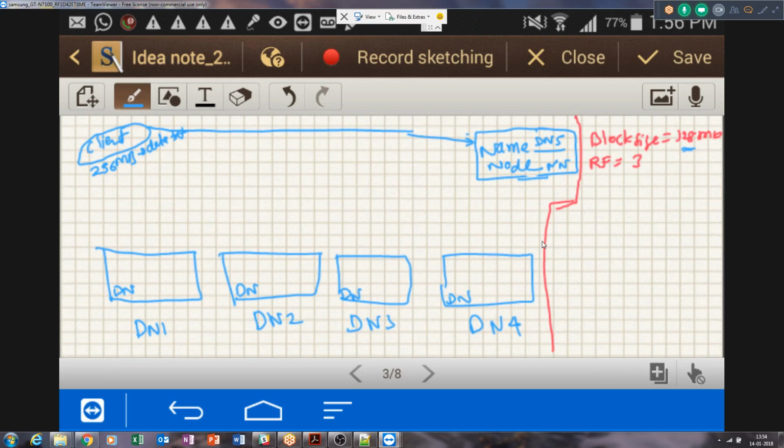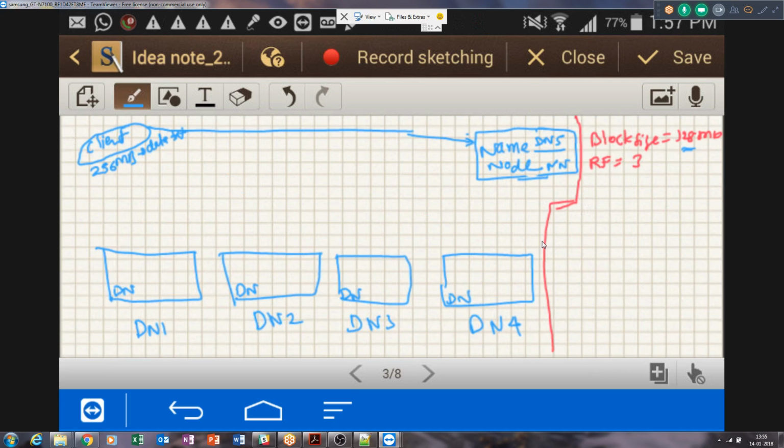So the client will first communicate. That is the Hadoop client, which can understand the language in which the name node gives the response. The Hadoop client will talk to the name node first, and there will be a kind of handshake between these two, client and name node. The client will tell the name node that it wants to write this data.txt that it currently has, into your cluster. The name node says okay, not a problem. So the name node will tell certain information to the client.